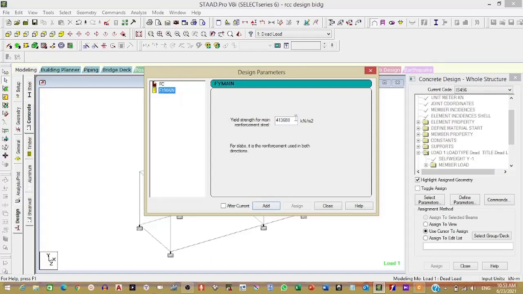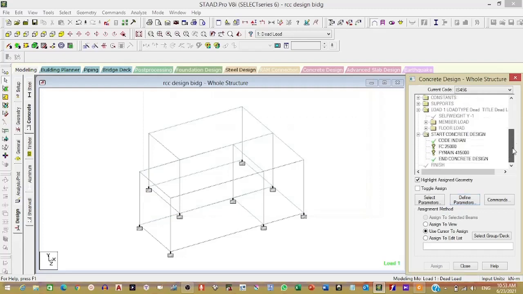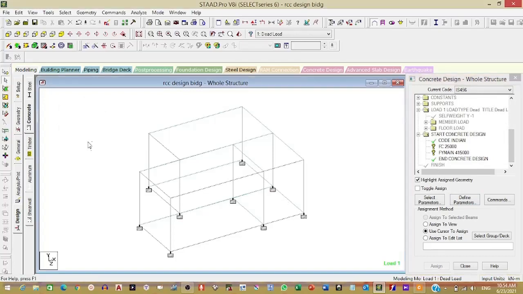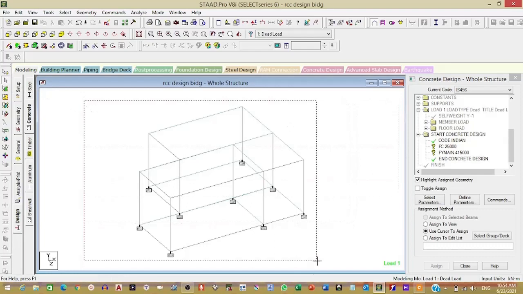Then assign these FC or Fy to all this view. You can select directly, or first you select the beam, all beams. If you select the nodes, it will not be allotted to the node. So you need to select this beam corner and select all beams. All beams, as far as STAAD language is concerned, all the lines that are vertical members or horizontal members, any member which joins two nodes is a beam.